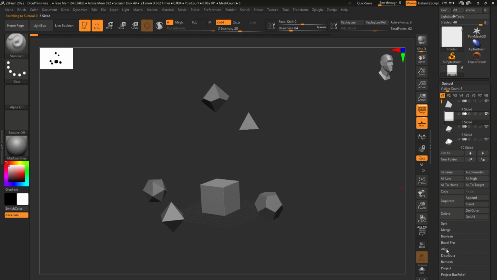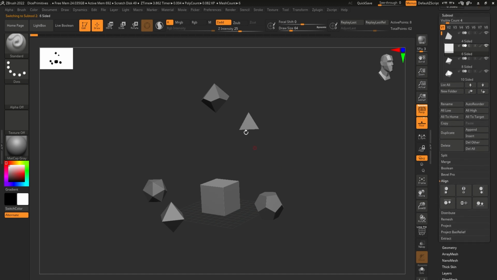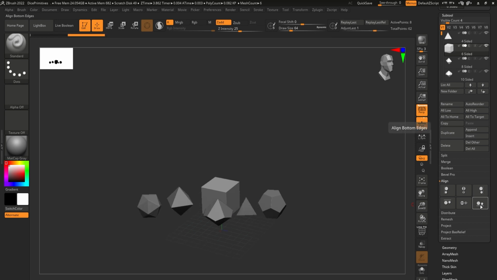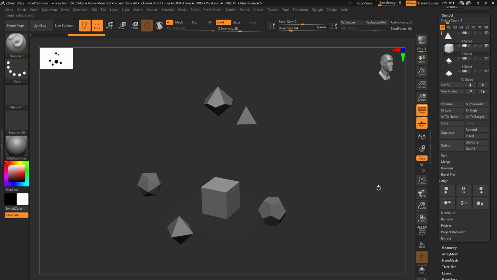Now here I have the align option. Now I want to align all of them to go on the floor with him. Okay, because some of them are in the air, some are left or right, different kinds of positions. So if I press on the floor here, you can see they all will go on the floor with this guy. Okay, if I undo that, if I want them to be on the top edge with